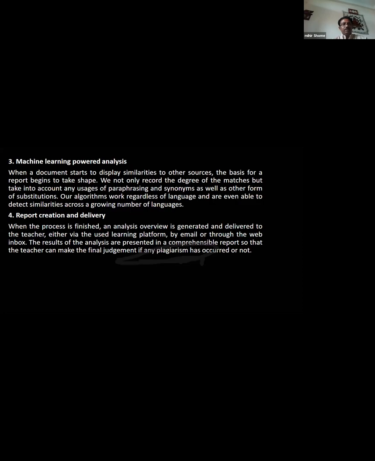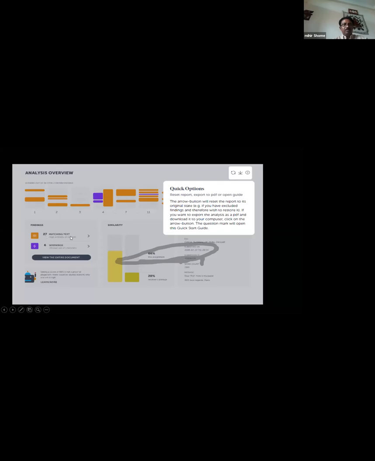Okay, basically I am showing here the analysis overview, and this is the report. The words have been highlighted through different colors. Suppose this summary is showing 66% is plagiarism, 20% is free of plagiarism. So these are the quick screenshots that I am showing here.